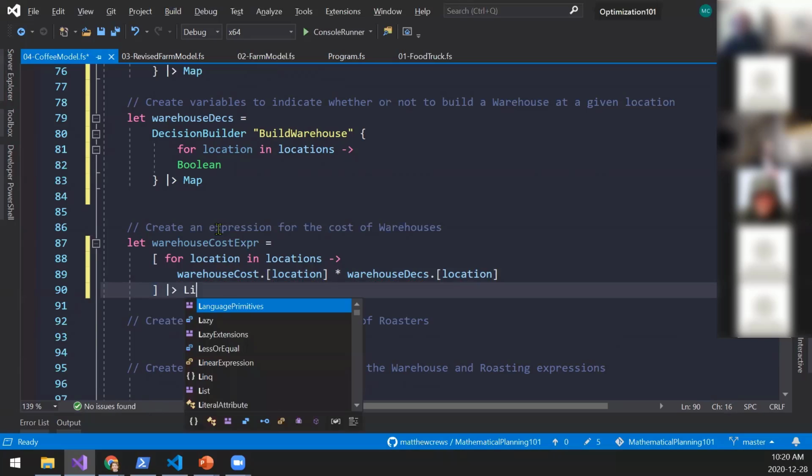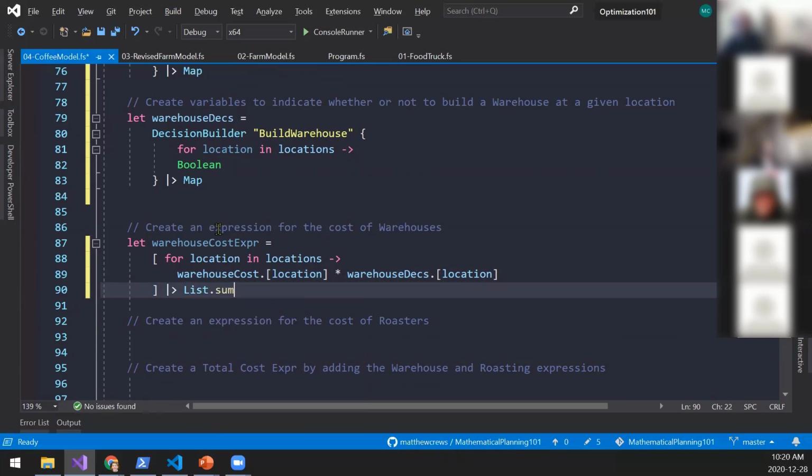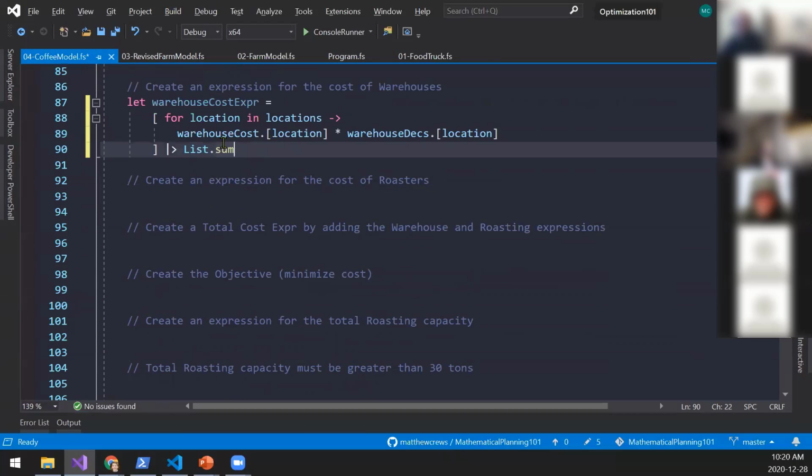And I want to sum that. So if I build it, this will have to be a 1. 1 times whatever the cost is gives you that cost. Then I'm going to sum all that up. But if I don't build it, it's going to be a 0. So 0 times the cost is still going to be 0.